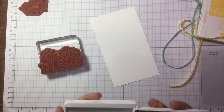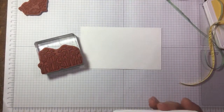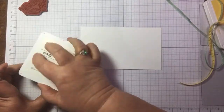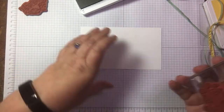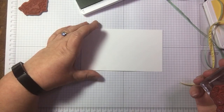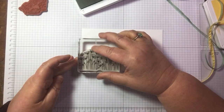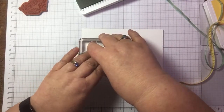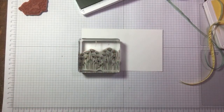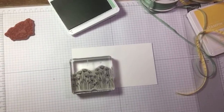I'm going to stamp with Mint Macaron. I'm going to try and keep this clean and simple. However, if I get it all over my fingers, it might not stay clean and simple. Now all I'm going to do here is just a line of stamping along my then. Oh. Sorry about that. I moved that because